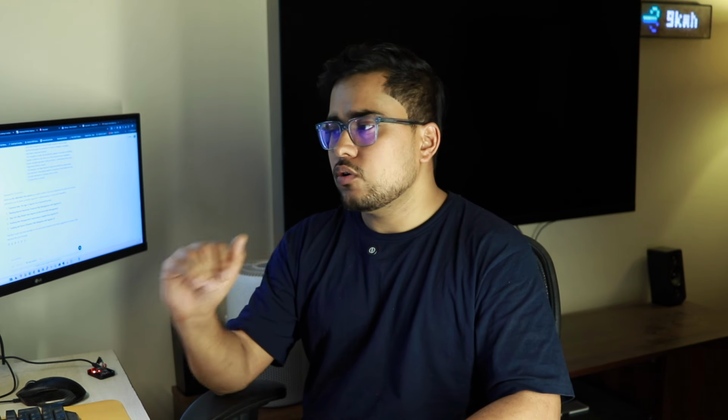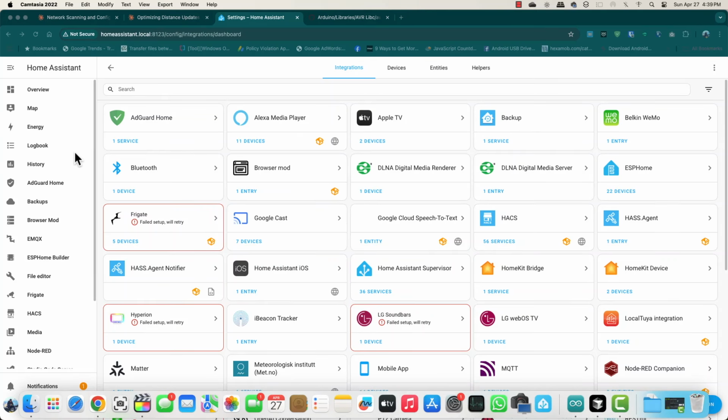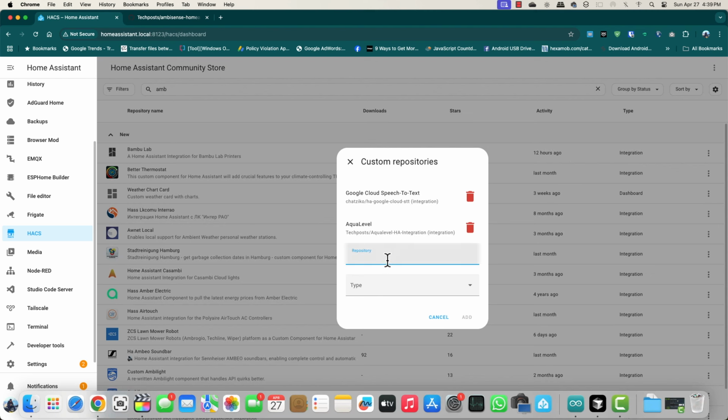Now the next thing, we can go to our Home Assistant setup, and we are going to set this up in our Home Assistant and control these lights from Home Assistant. So in Home Assistant, what you have to do is have HACS installed, that's HACS. And if you are using Home Assistant, I'm sure that you have HACS installed. So you have to go to HACS and then click on the three dots at the top right,